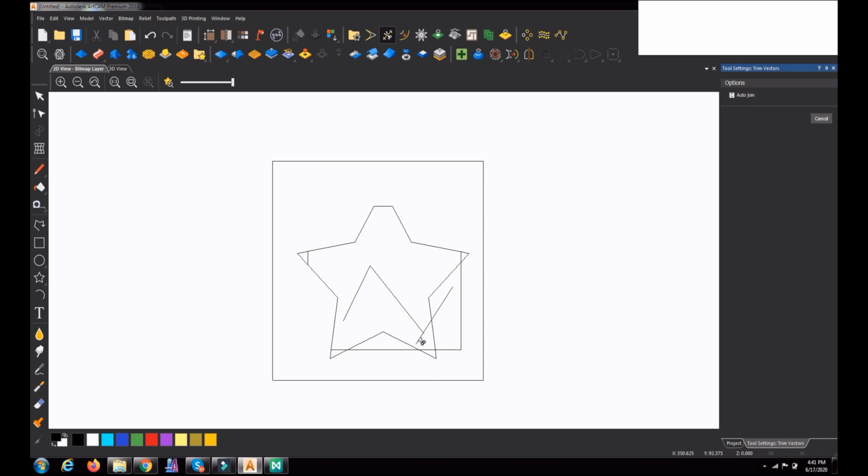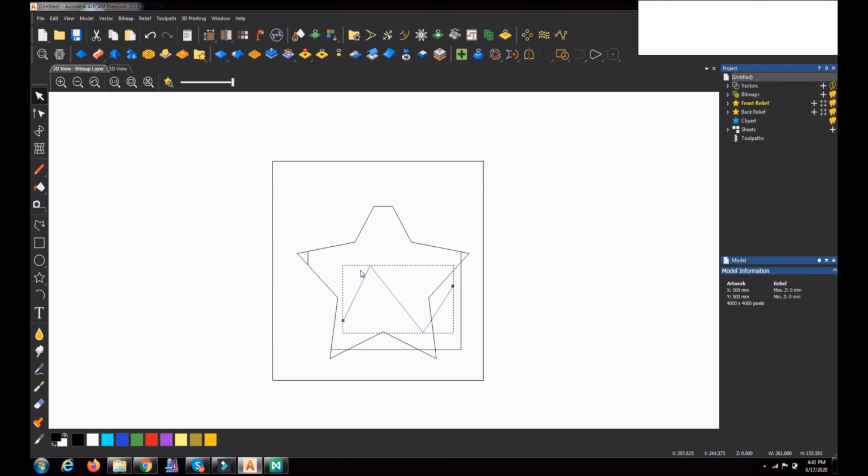This one I am trimming, and here a small area is there, that also I trim. See, it's joined together. Otherwise, after trimming, it would be separate. So that is one more option available in the trim command.